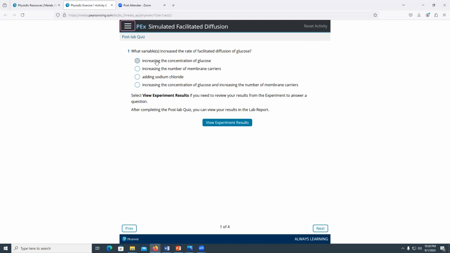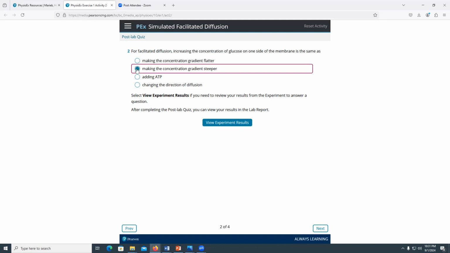What variables increase the rate of facilitated diffusion of glucose? So increasing the concentration of glucose, definitely. Increasing the number of membrane carriers, definitely. Increasing the concentration of glucose and increasing the number of membrane carriers, both. For facilitated diffusion, increasing the concentration of glucose on one side of the membrane is the same as making